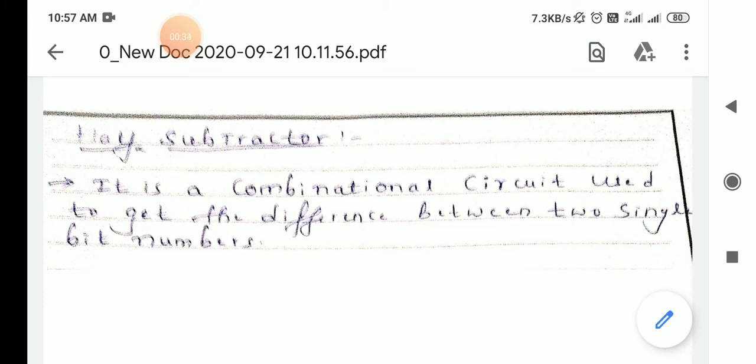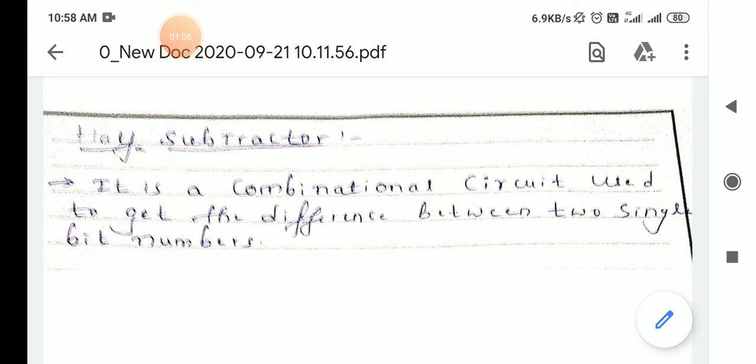We have also seen the 4-bit ALU design, with AND gate, OR gate, XOR gate and adder. And we also designed the 1-bit half adder as well as the 1-bit full adder, with the truth table, logic design, and the block diagram of the half adder and full adder circuits. So this is what we saw in the last class.